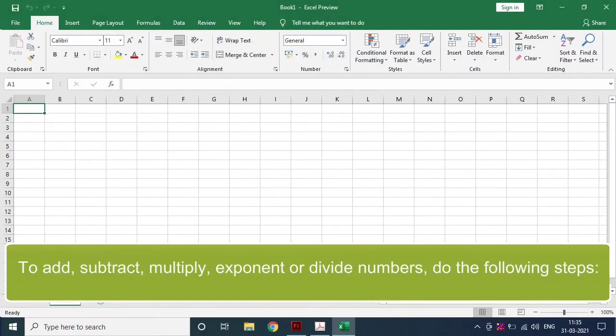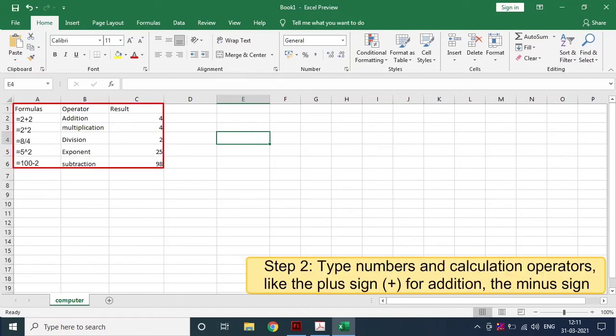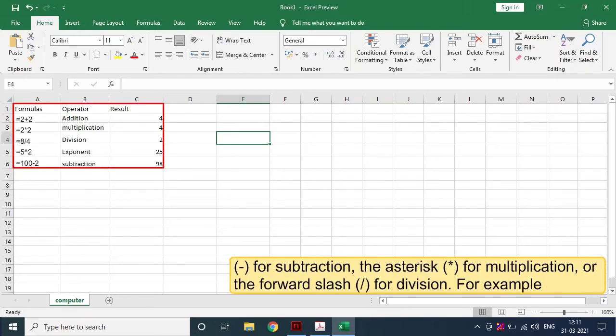To add, subtract, multiply, exponent or divide numbers, do the following steps. Step 1. Click a cell and type an equal sign, which tells Excel that this cell will contain a formula. Step 2. Type numbers and calculation operators like the plus for addition, the minus for subtraction, the asterisk for multiplication or the forward slash for division. For example,